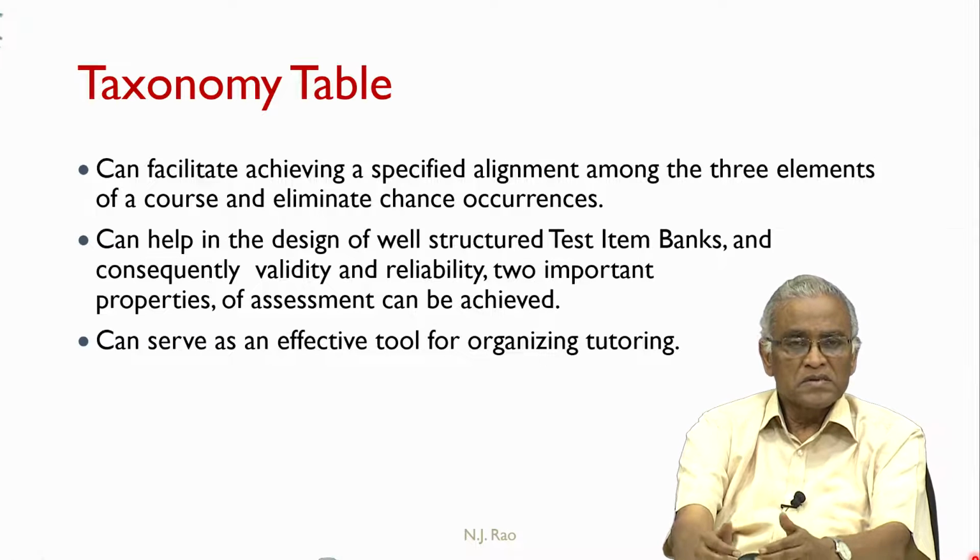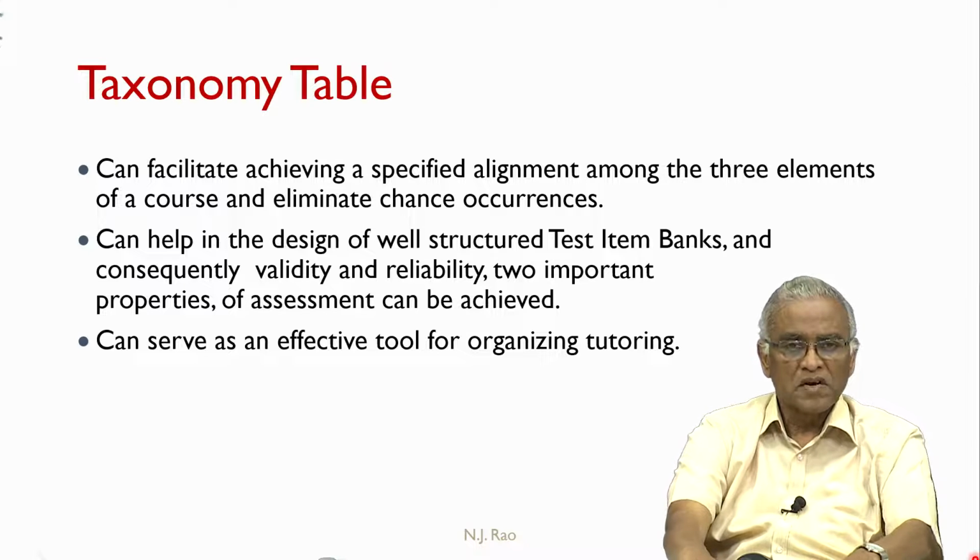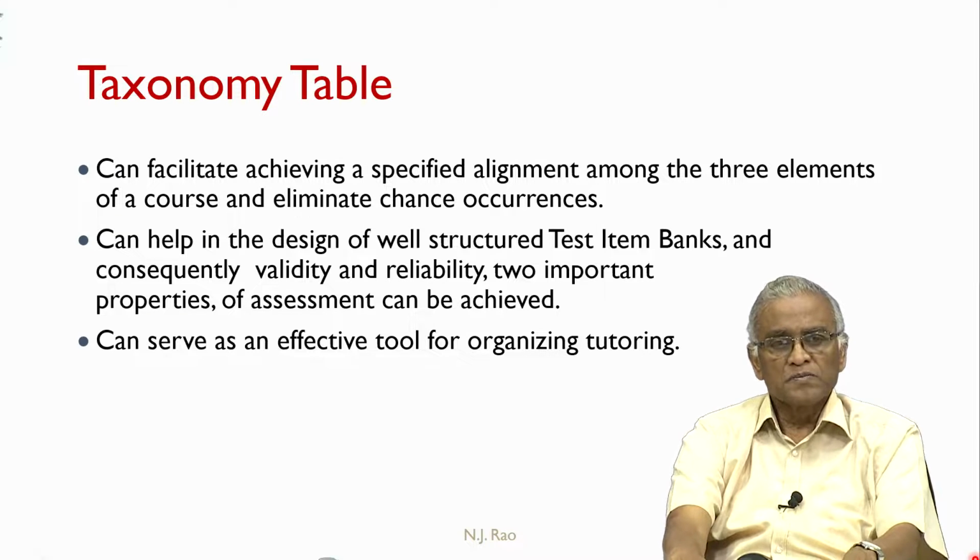But in both cases there is a possibility of chance occurrence, and in that case not achieving the right kind of alignment. So one can make use of this taxonomy table, and we will spend more time in module